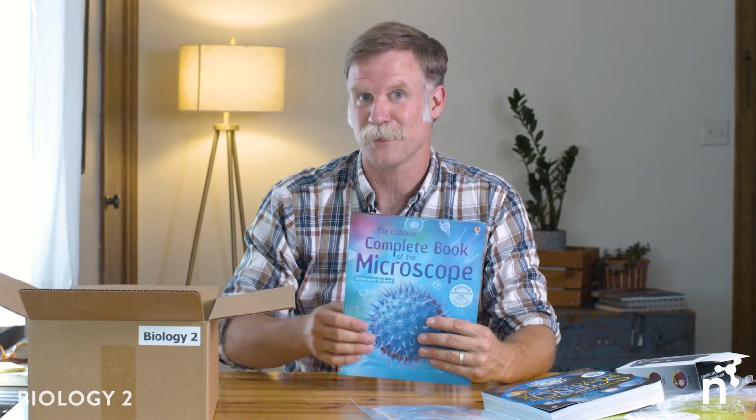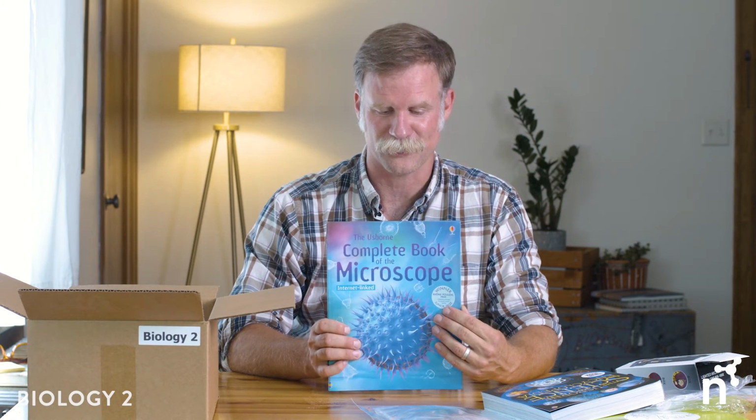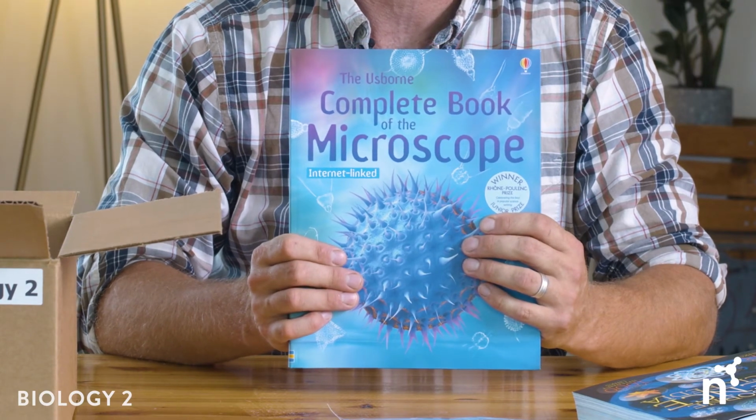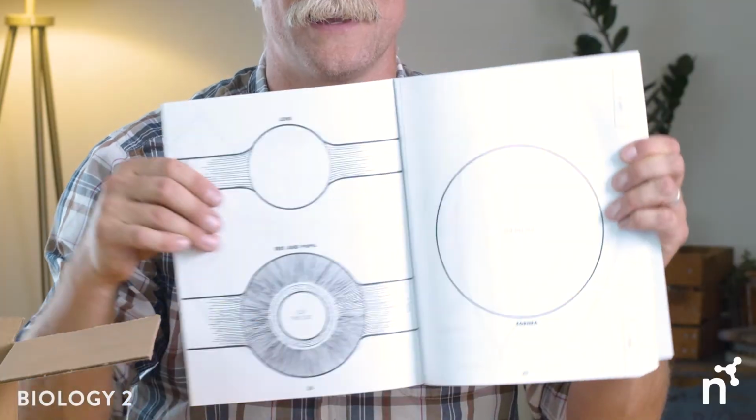And really, this whole bundle errs on the side of giving you additional stuff that you can read about and can do. So you're not going to run out of things to do during this science year. This accompanies our pocket microscope, another wonderful Usborne book, complete book of the microscope. More of a crafty book here, the Human Body book, where you'll be crafting parts of the body to put together. There's the eye, some different parts of the eye there,